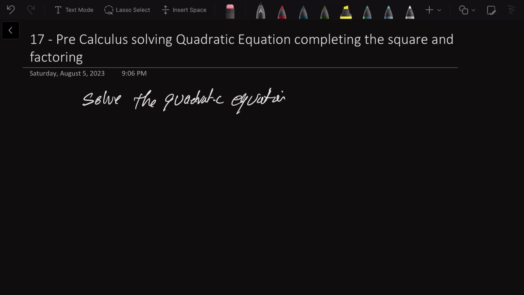And we have 4v squared plus 16v plus 23 equals 0. Okay, if we try to factor this one, we won't be able to factor it. So in order to complete the square,